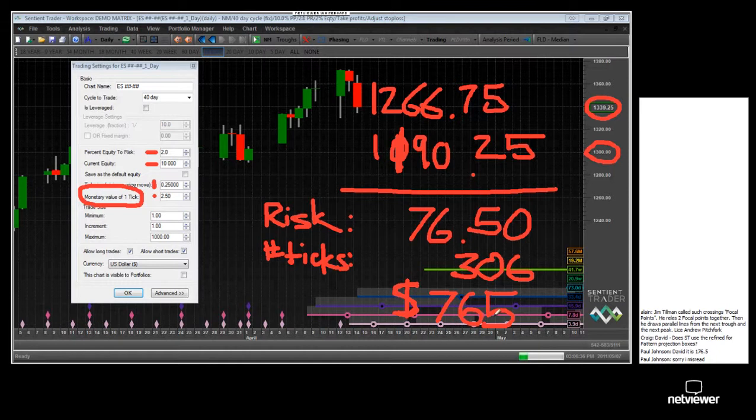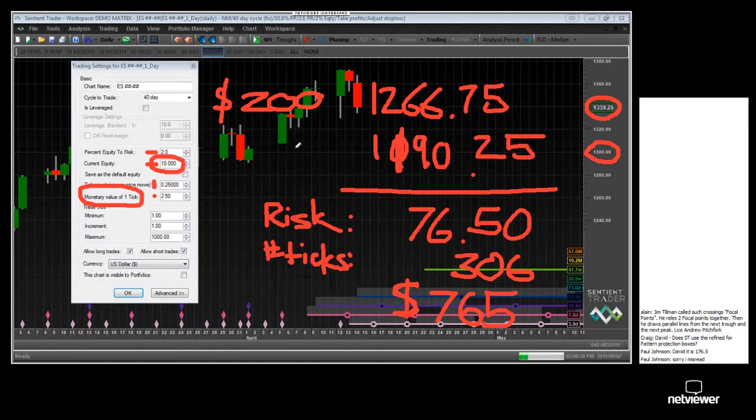No, sorry, it's $2.50 multiplied by the number of ticks, 306, is 765. Is that right? $765. Okay. So your risk that you are taking on this trade is